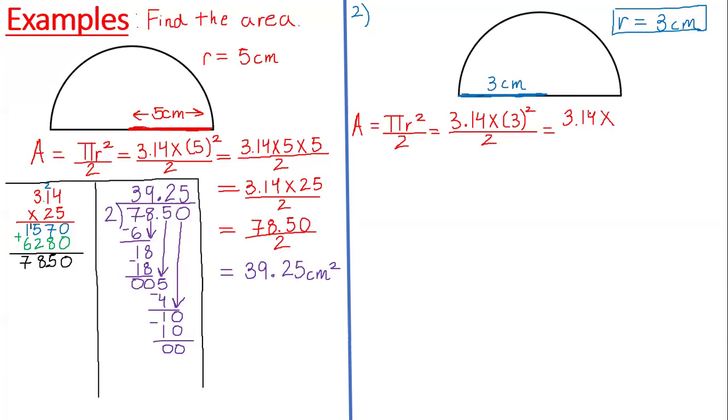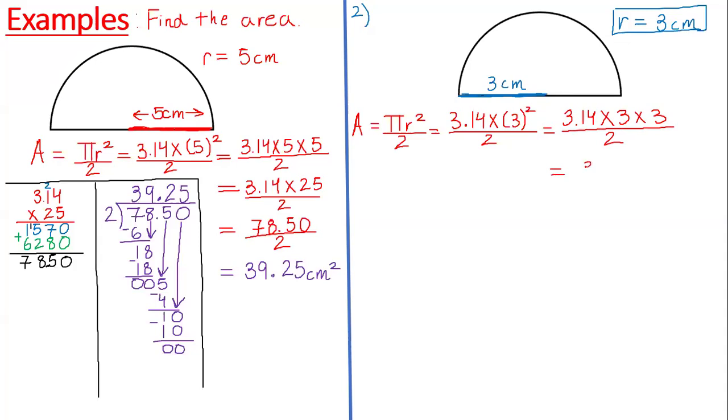That's gonna be 9. 3 times 3, right? 9. All over 2. Very good. So it's gonna be equal to